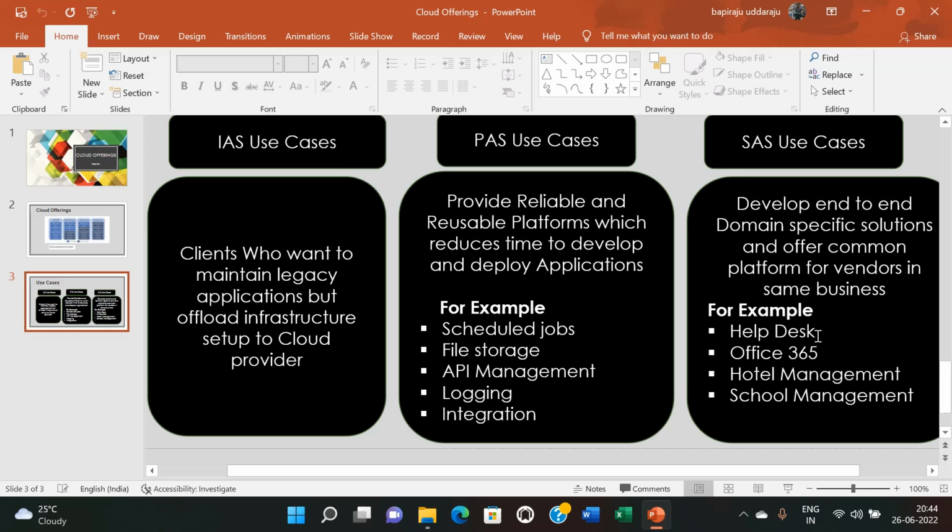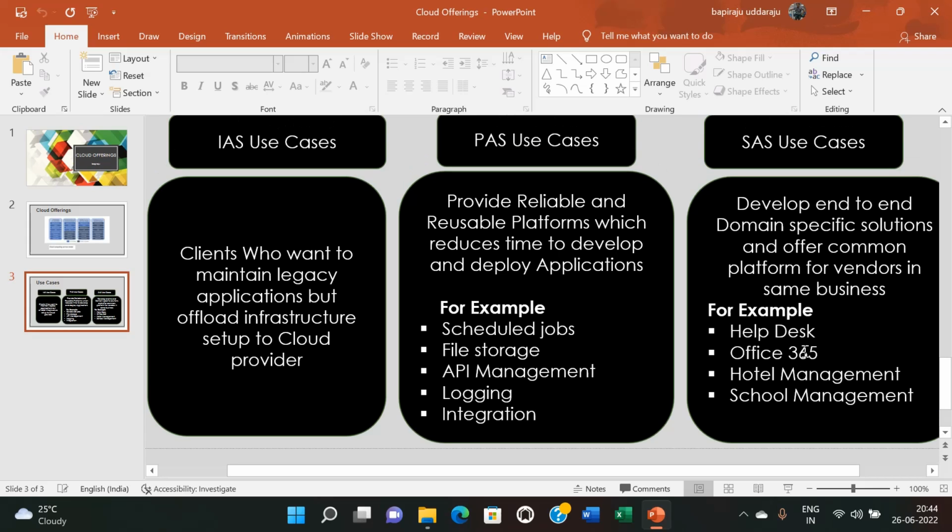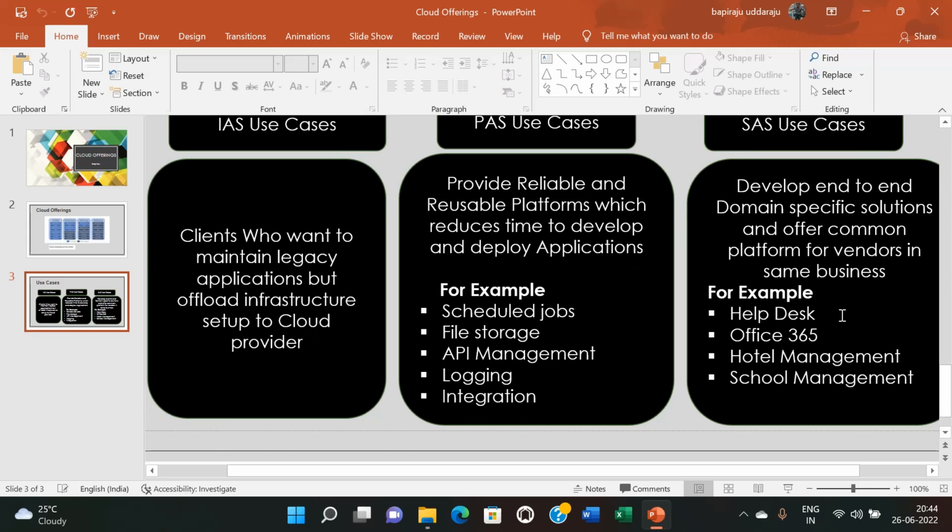The main advantage of software as a service is, suppose a client has to invest $10 million to develop a hotel management system, he can buy the same service from the software as a service provider for, let us say, $3 million. So in the first instance itself, he is getting a 70% saving even before he starts his business.